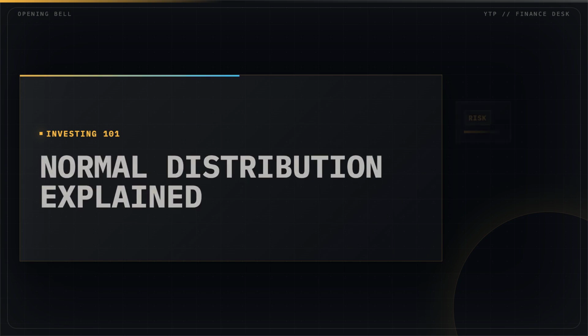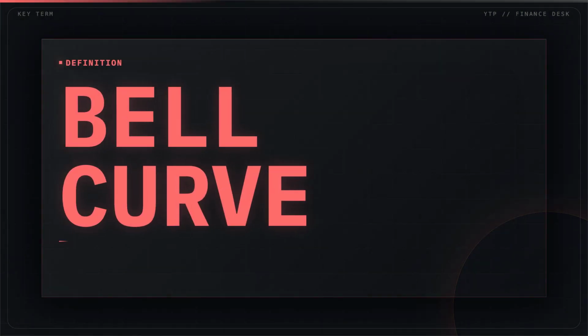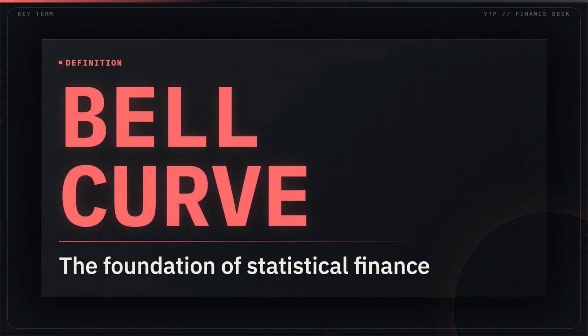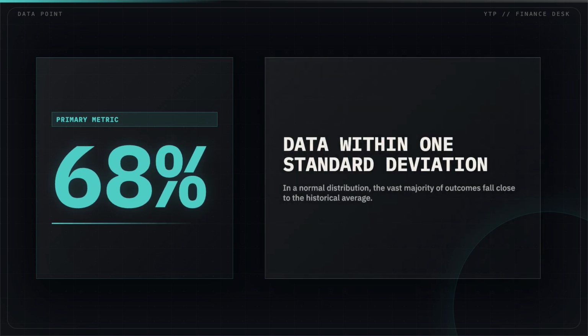You have probably seen this bell-shaped curve before in finance. It is called a normal distribution, and it helps investors understand risk and probability. It is often referred to as a bell curve because of its distinct shape, where most data points cluster around the center average. Statistically, 68% of all outcomes in a normal distribution fall within one standard deviation of the mean